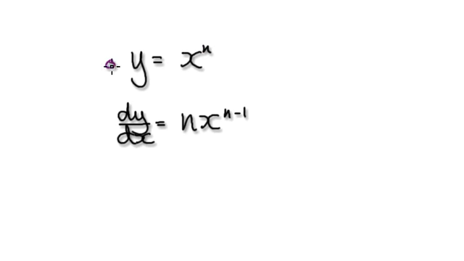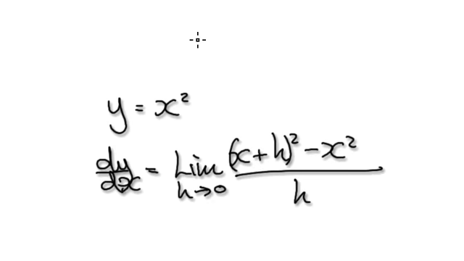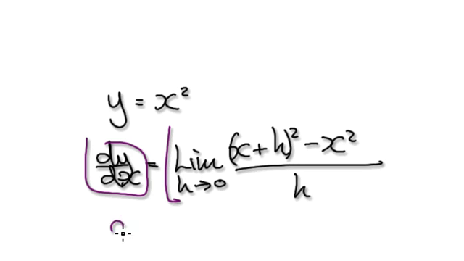Now, in order for you to understand why this is, you need to understand the binomial theorem. And in this video, I'm going to give you some practice in order for you to understand the binomial theorem. Okay, so what we started out by doing was y equals x squared, and when we try and work out dy by dx, it truly gives us